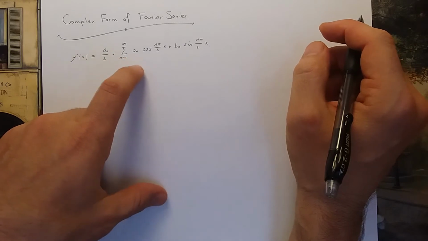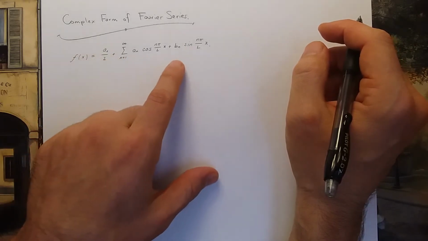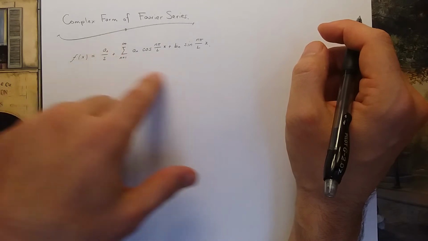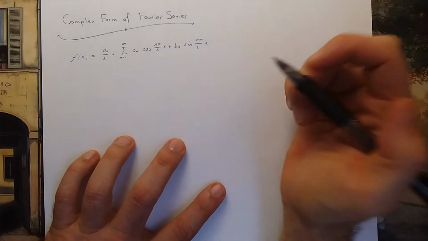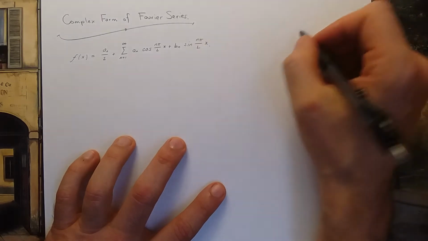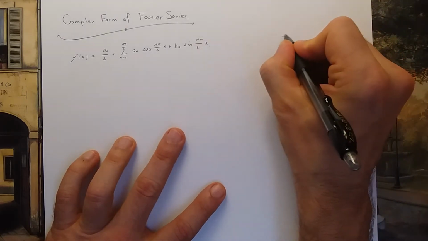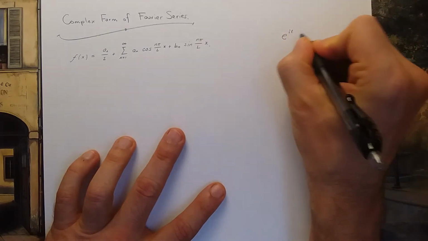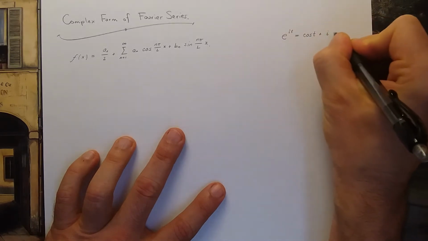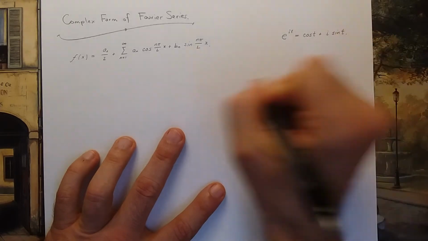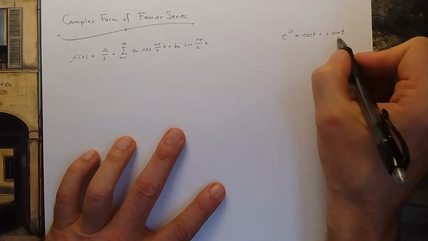In this video, I would like to express this a little differently using complex numbers. So this will be the complex form of a Fourier series. It all stems from this fact: e to the it is cosine t plus i sine t, a fundamental relationship